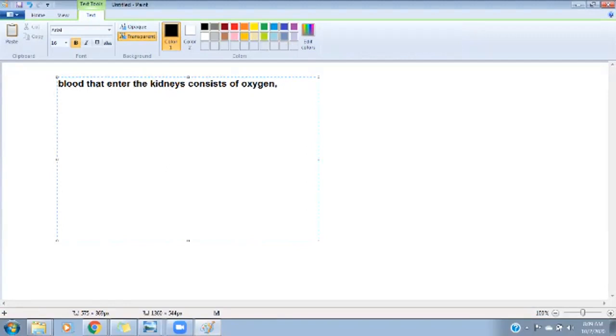Oxygen, urea, glucose and mineral salts. ठीक है, these are all different things. इसके अलावा यूरिया के अलावा अदर नाइट्रोजनस वेस्ट भी होते हैं. ये क्या होते हैं ये हम इन अ वाइल बताएंगे. ठीक है, blood that enters the kidneys through the renal artery consists of oxygen, urea, glucose, other nitrogenous waste and mineral salts. Okay, so this is what is entering here